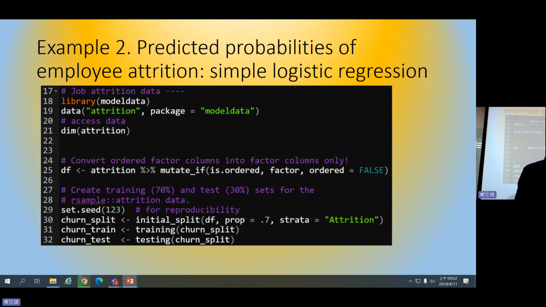Down here, we can also use another case. This case is about employee attrition. Okay, so this is also a very popular example in data analysis. We try to examine the data, the reason of employee attrition, based on several factors or explanatory variables. So this is the attrition. Okay, so before we start the analysis, we still have to make some changes in our data.